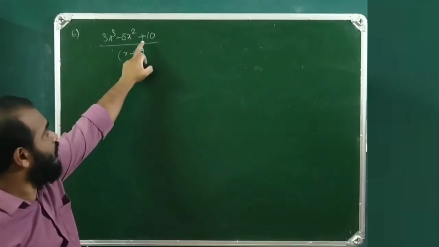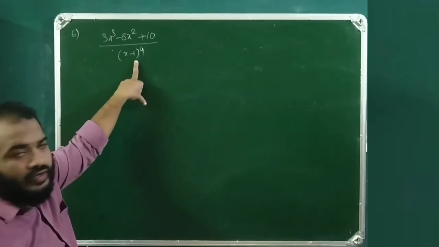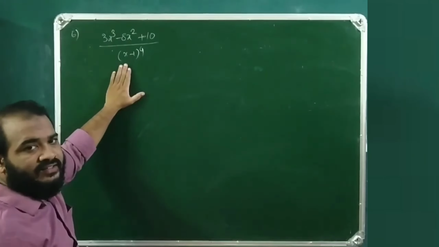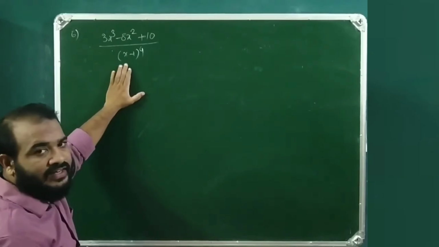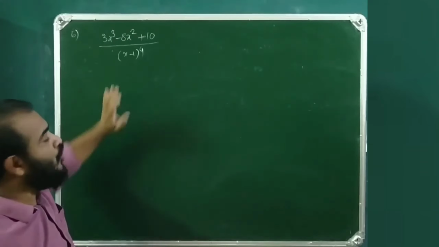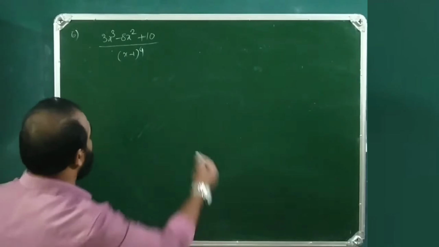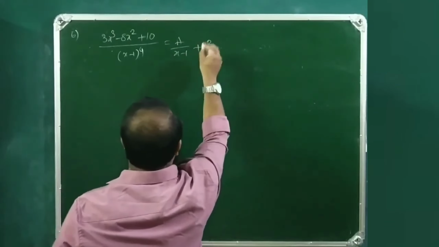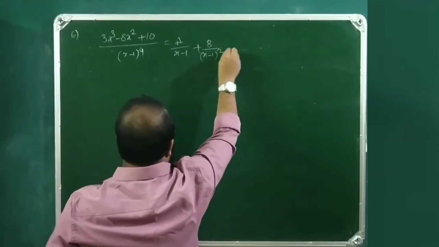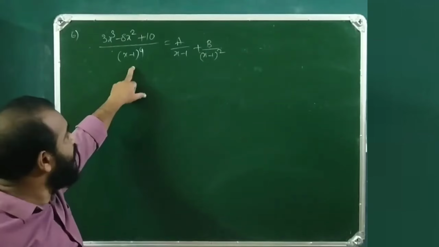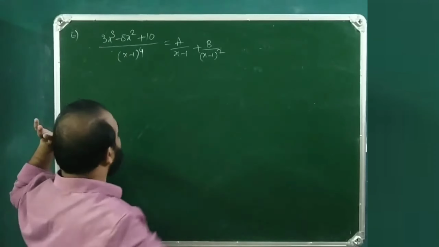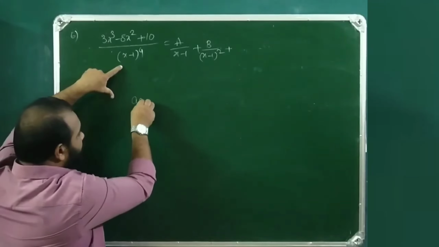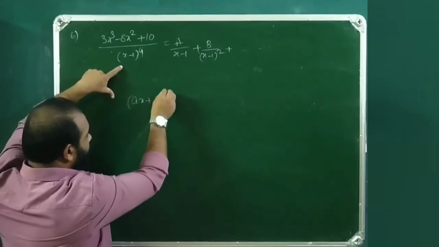3x cube minus 8x square plus 10 by x minus 1 whole power 4. So the denominator solely contains the repeated linear factor. So the alternative method is applicable. Otherwise, A by x minus 1 plus B by x minus 1 whole square, type 2 repeated linear factors, C by. So for every repeated linear factor